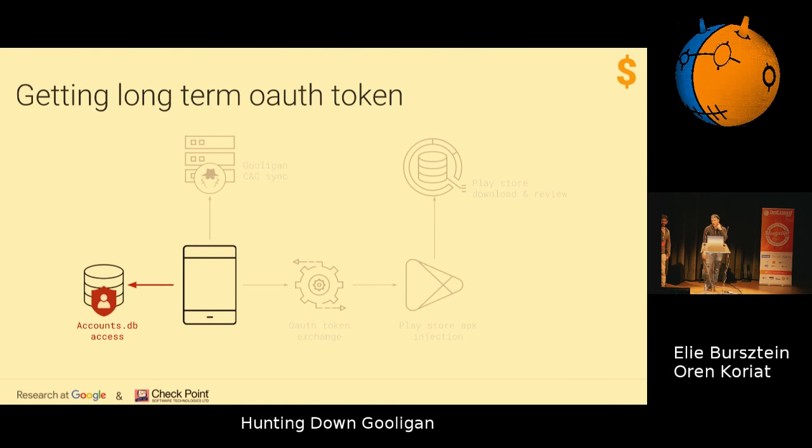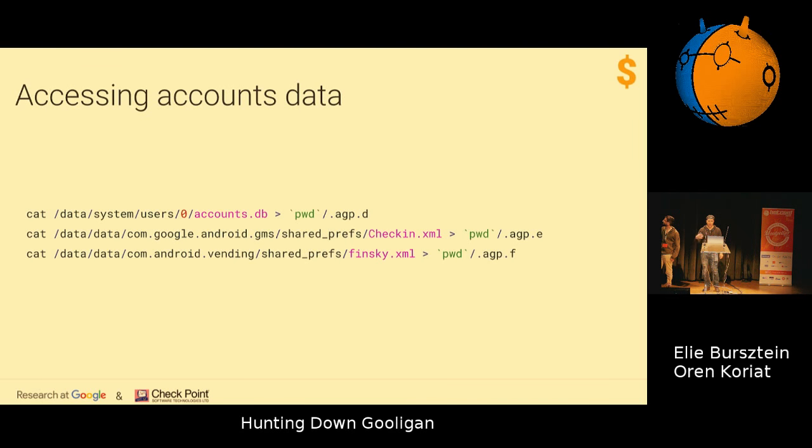The way you do this kind of abuse is in four stages. The first one is you take the account database, which is on your phone and is protected, and you should not have access to it unless you root, and that's where the rootkit comes in, where you basically do a cat and they get all the tokens and all the things. There might be other things too, like every time you add an account to your Android phone, like Facebook and so forth, they're also in the database.